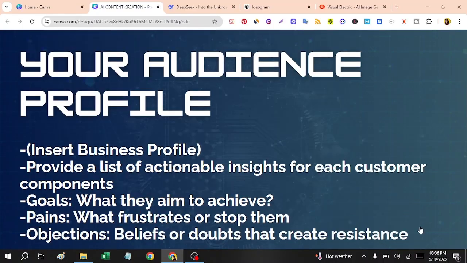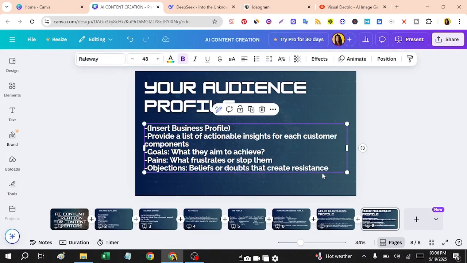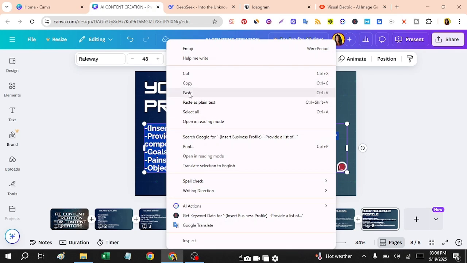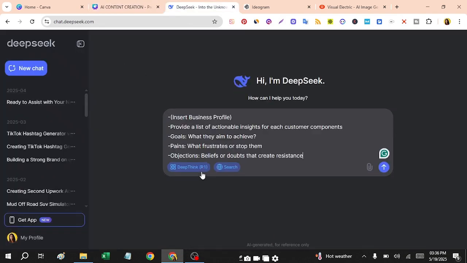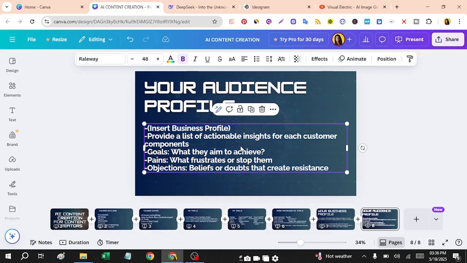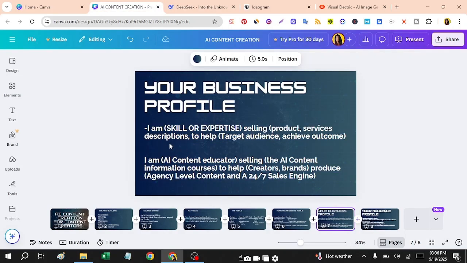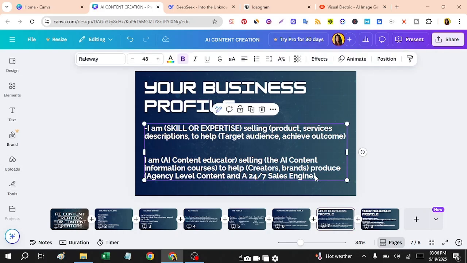You can put it into ChatGPT, or you can also use DeepSeek. Here you can see I'm using DeepSeek, because here you have to add your business profile in order to get the audience profile.